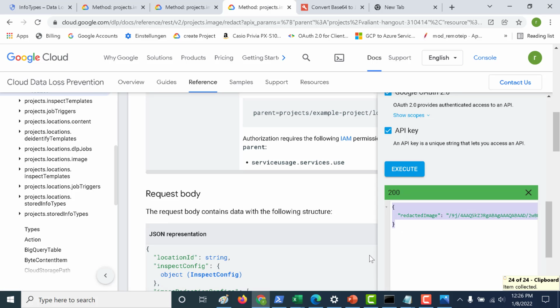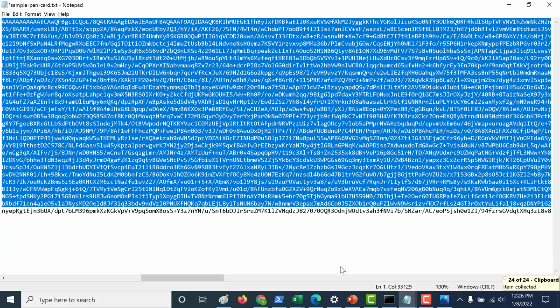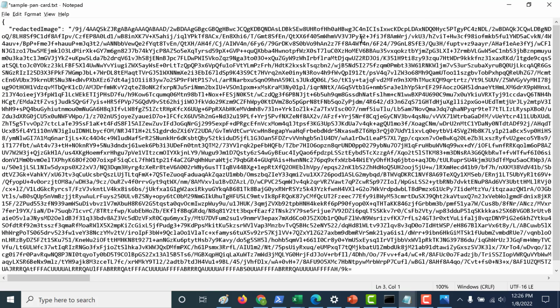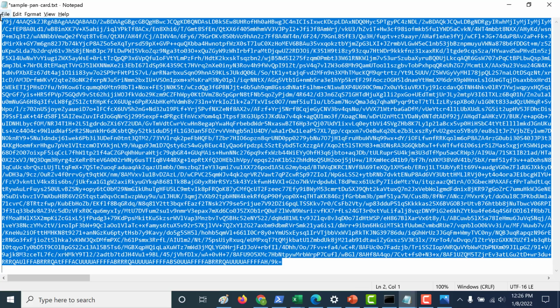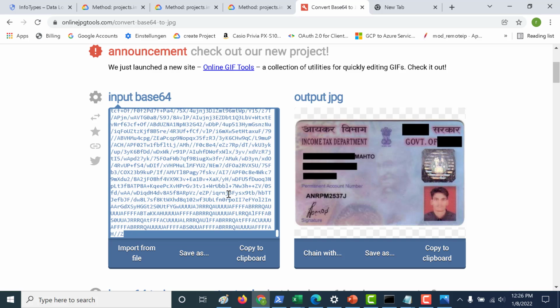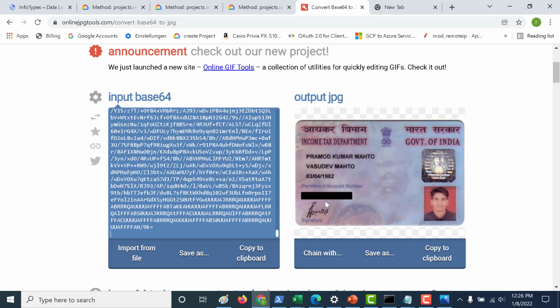Let's paste this, remove all the unwanted stuff, copy this, and see what the output looks like now. Now you can see that the username as well as the date of birth is shown, but the PAN number is hidden. So this is okay.